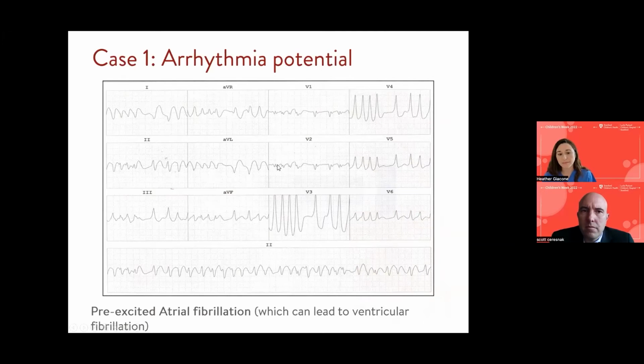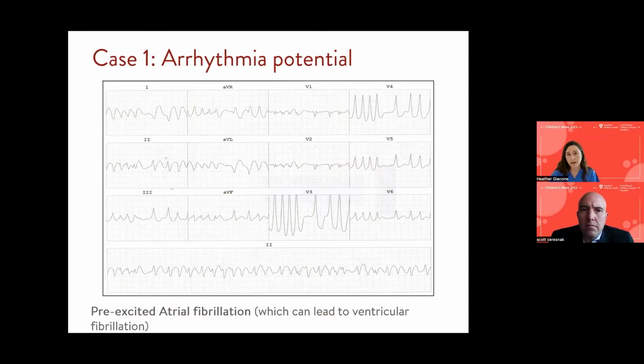The third rhythm that I really want to touch base on today is this very irregular but wide pattern that you see here, and quite fast for this patient. So this is actually pre-excited atrial fibrillation. And so what happens is when these patients go into atrial fibrillation, again, that pathway, being that it can conduct electricity in both directions, now can see these signals and conduct them from the atria down to the ventricle. And depending on how quickly the pathway can actually do this, this could actually lead to ventricular